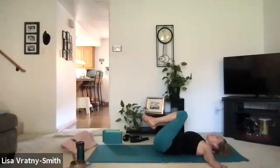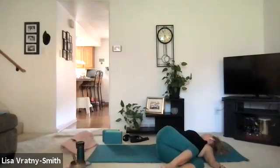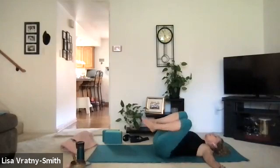With your next inhale, come back to center. And exhale, dropping the knees to the left, vision to the right. Releasing the spine. With your next inhale, come back to the center,